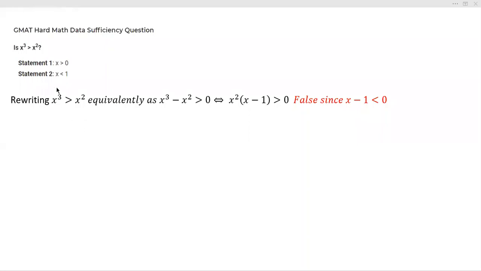Tonight with what the GMAT characterizes as a hard, what they call data sufficiency question. I think it's kind of overkill to call it that personally, but if you take a look at this, you